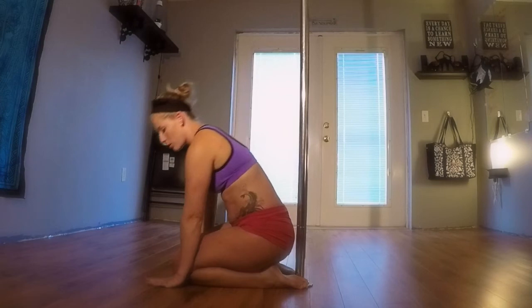All right, so make sure that your pole is nice and sticky, and if you use grip, put it on the insides of your legs if you are super slippery, because you are going to need to stick real well. To start this move, you're going to be back against the pole, not too far forward, because you're going to need the pole to go up to the center of the upper thighs. You're going to go into a push-up position, hands shoulder width apart,